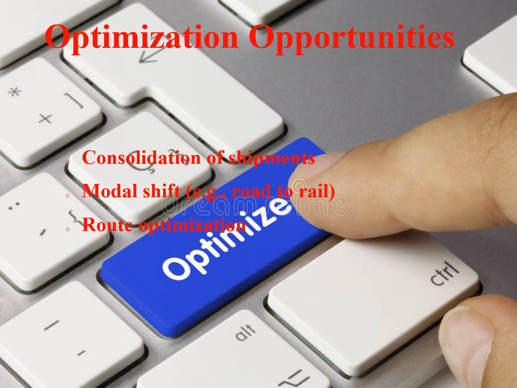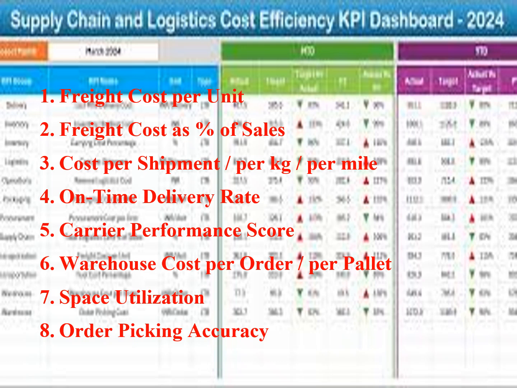Now let's talk about the KPIs in logistics spend analysis, which is very important to calculate to come to the final decision about logistics spend analysis. So let's start, the first one is the freight cost per unit. Freight cost as the percentage of sales, cost per shipment, per kg, per mile, on time delivery rate, carrier performance score,